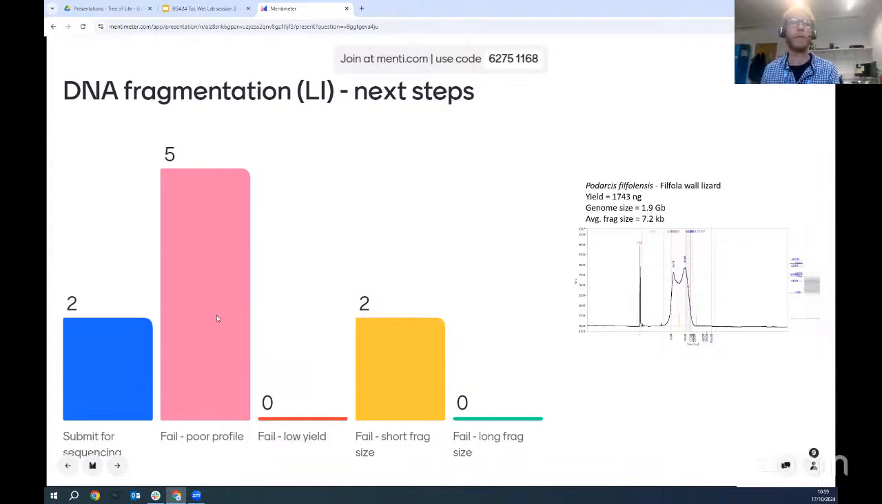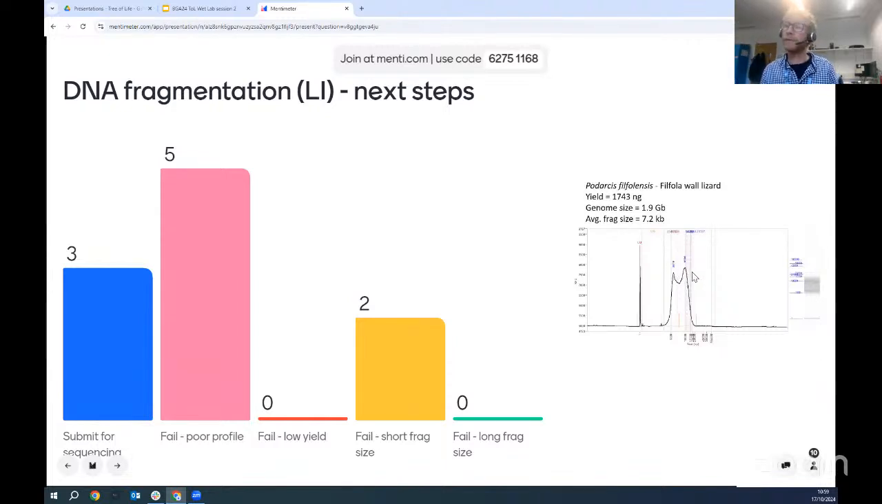So we've got 5 fail for profiles, 2 submit for sequencing, and 2 fail short fragments, 3 submit for sequencing. So yes, so this one is